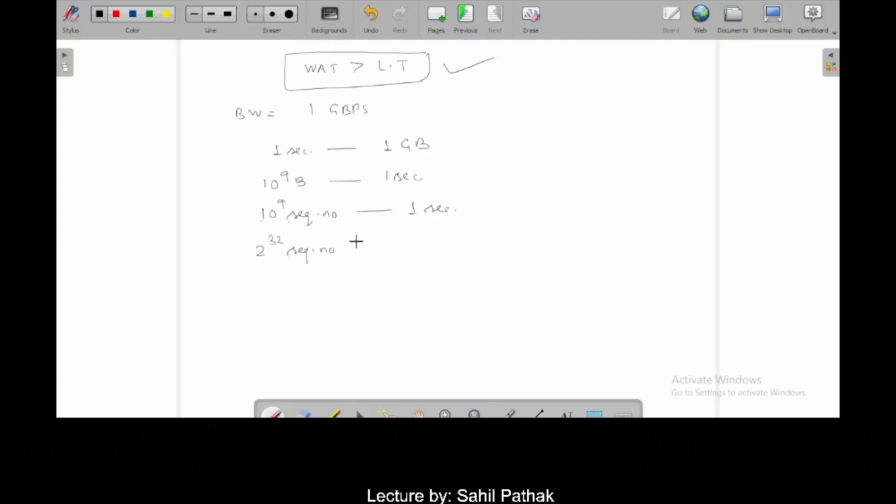That is 2 raised to power 32 sequence numbers. How much time will it take? 1 upon 10 raised to power 9 into 2 raised to power 32. So that is coming out to be 4 seconds, or to be accurate, 4.294 seconds. Okay. Now we can see कि 4 सेकंड के अंदर अंदर मेरे पास सारा डेटा कंज्यूम हो जाएगा, और ये सारे 2 रेस्ट पावर 32 सीक्वेंस नंबर कंज्यूम हो जाएंगे।